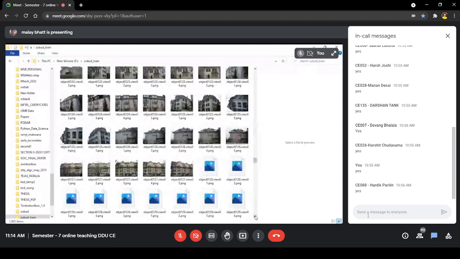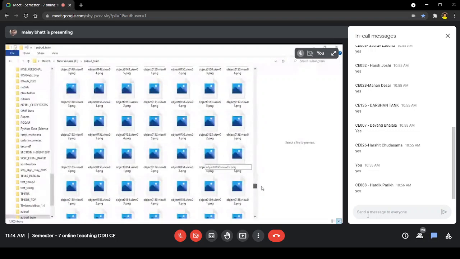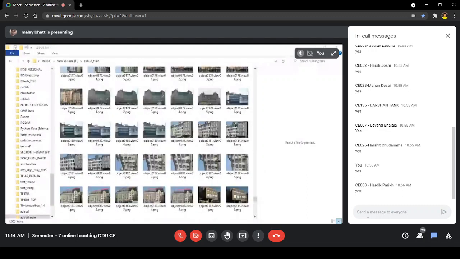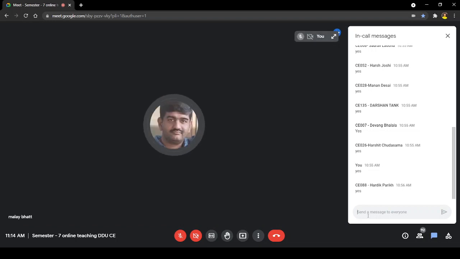And many buildings are there. So this is actually one of the applications where you have to do this. So I hope you got the basic idea that this is one such database. There are other databases also.